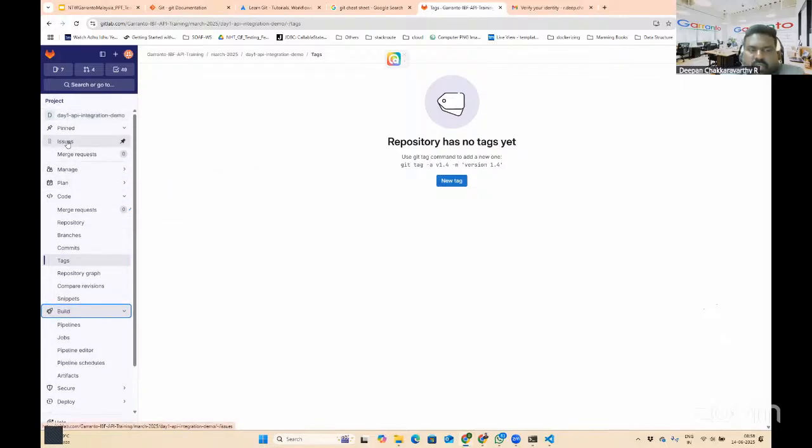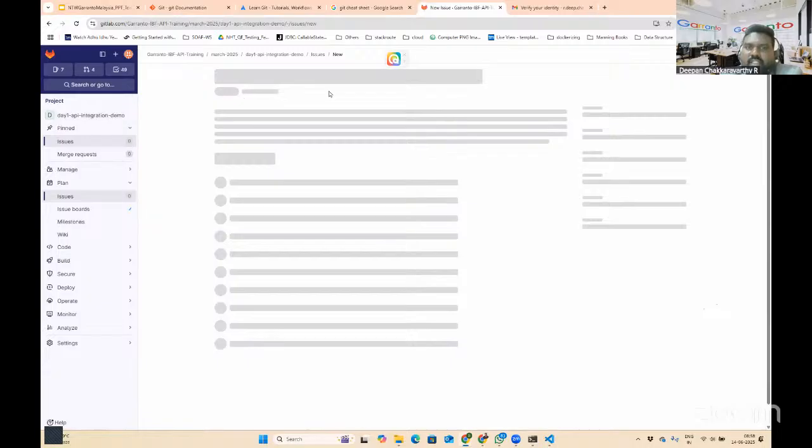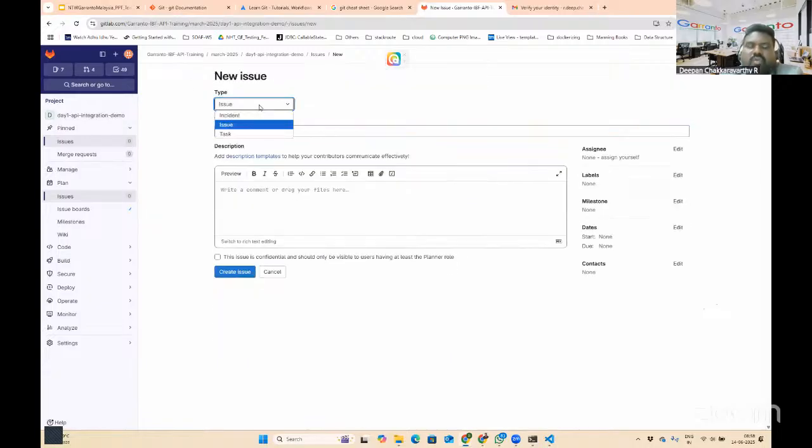Apart from that, you have something called issues. This is how you can review things in the projects and raise issues. Typically, you can raise an issue and assign someone else to review the code. This is one way of communicating effectively with others. You can see there is a comment section as well, where you can write your comments for others. In all the public repositories in GitHub or GitLab, you can go to the issues section and find everything that has happened.